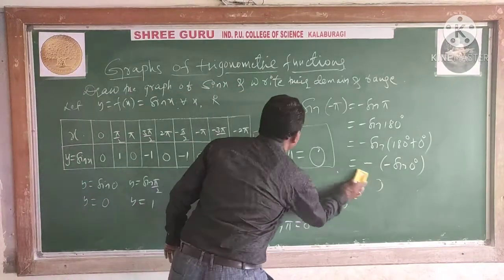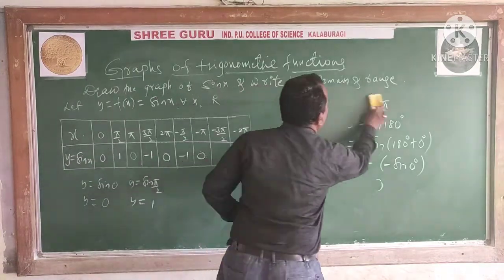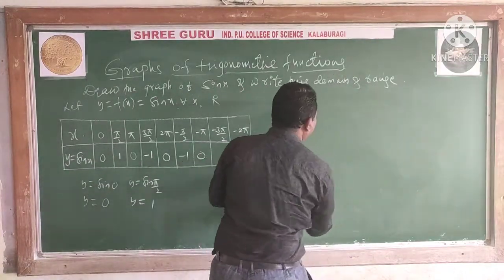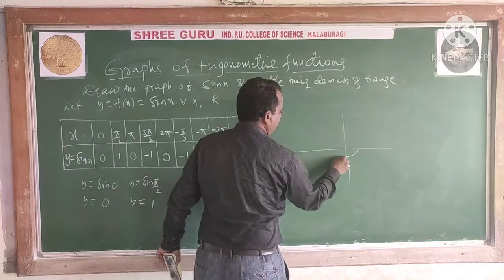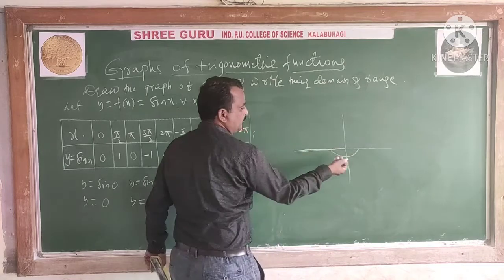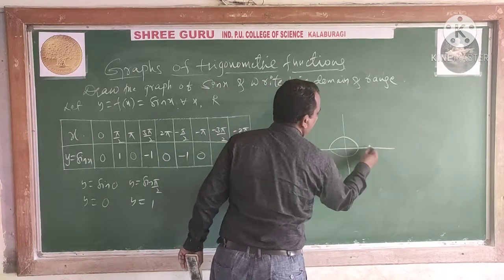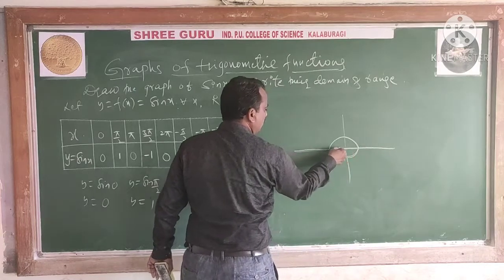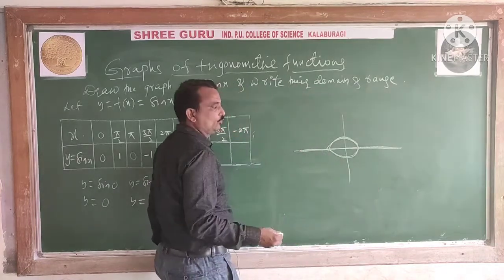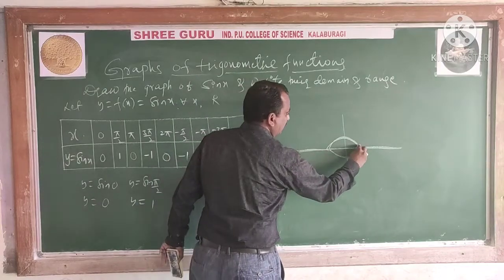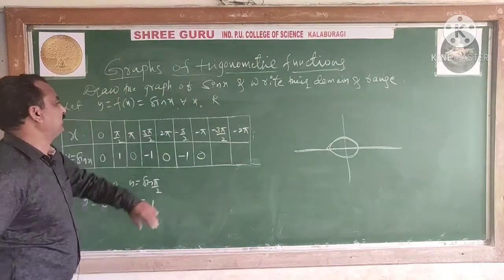So here we get the 0. Now let us come to minus 3 pi by 2. See, sin n pi is 0. Why is it? For sin n pi, 1 pi is on the positive x axis, there is no y value. Then 2 pi, here only is the terminal side. 3 pi, here only the terminal side. 4 pi, here only the terminal side. There is no value of y. Like that 5 pi, 6 pi. Whatever n pi is, it is 0.